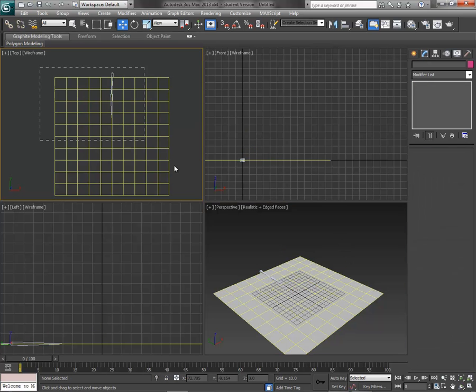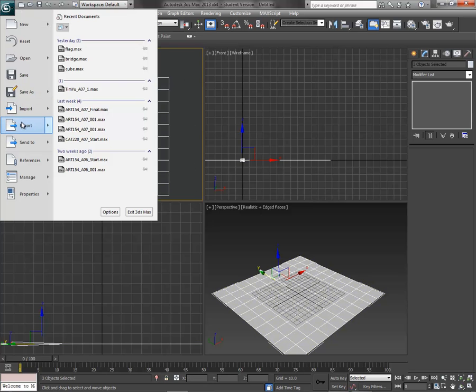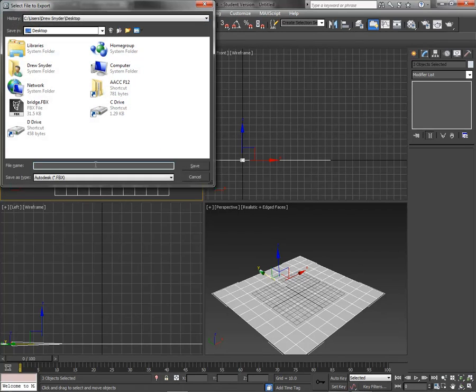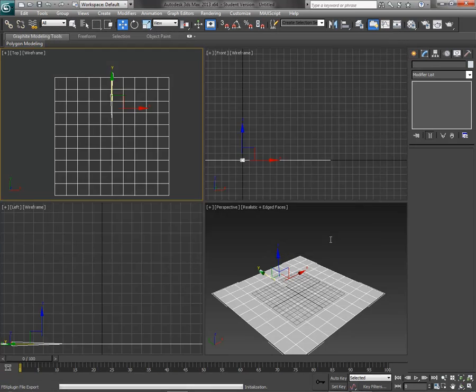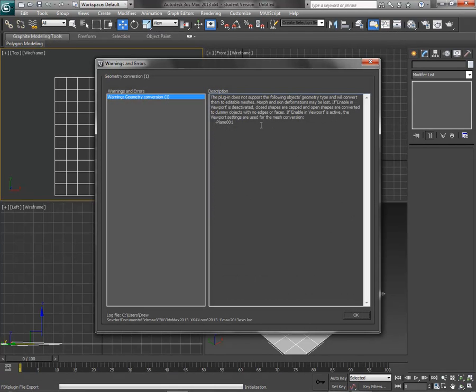Everything's good to go. You can just border select everything and do export selected, save it as an FBX, so I'll call this flag. Hit save. I already have my settings from the previous one that we exported, so hit OK. It's going to give me some information about just the